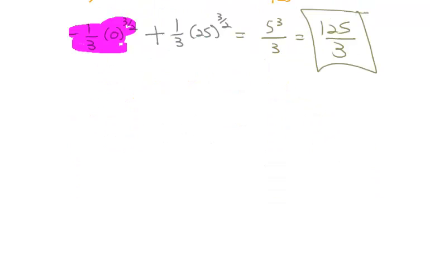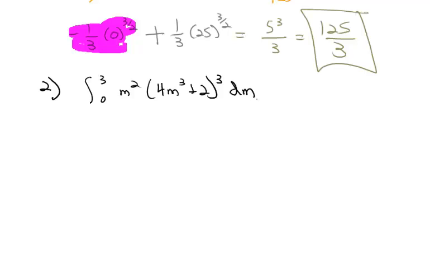So let's try another equation. Let's try number 2. Let's try the integral from 0 to 3 of m squared times 4m cubed plus 2 to the 3rd power dm. And you might notice we've got this ugly stuff inside. That's usually a good candidate for our u, 4m cubed plus 2, which means du, the derivative of that is 12m squared dm. So we've got the u in there,